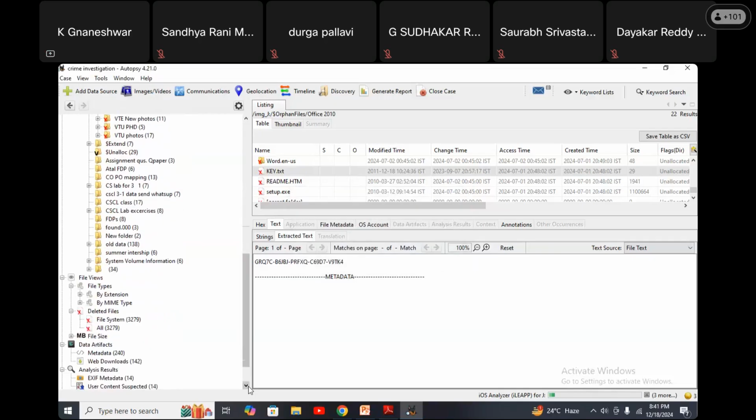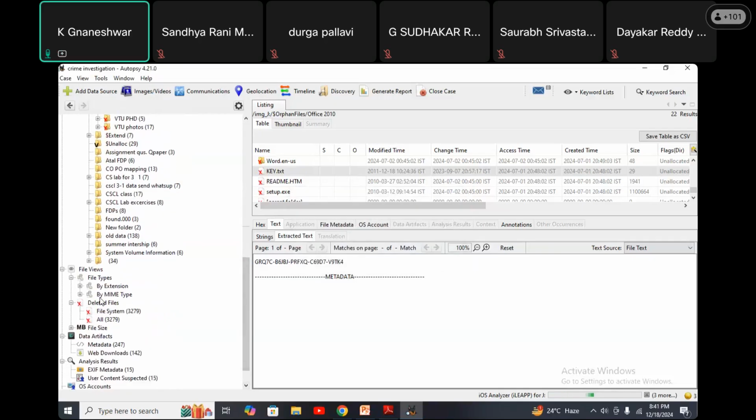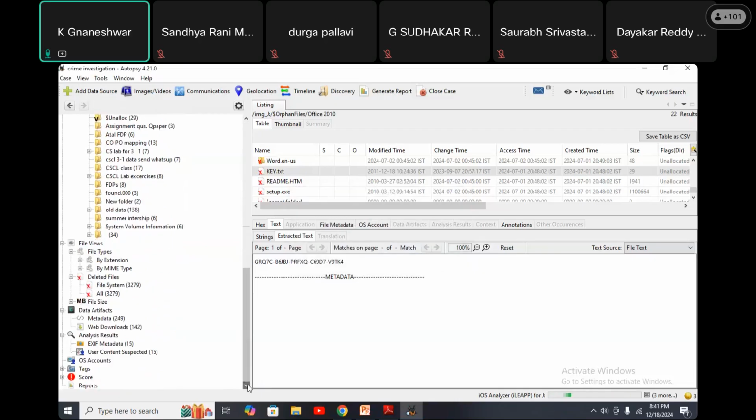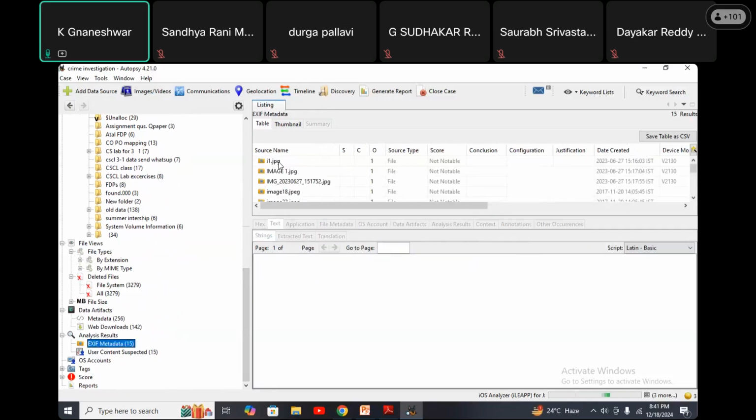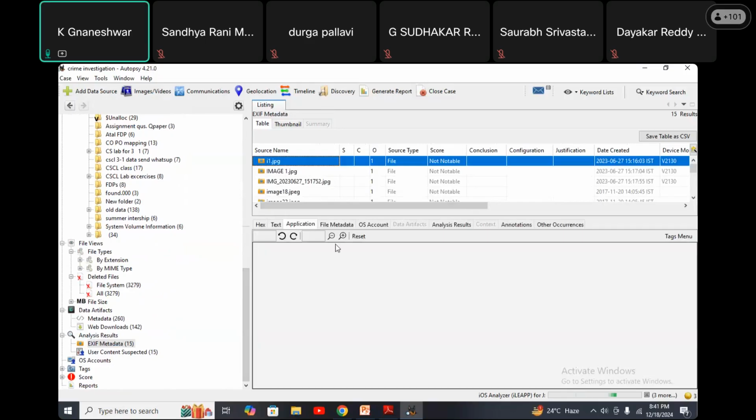Okay, for example, these are deleted files applied and file types applied. The remaining folders, whatever we have in my particular pen drive or host data, the total data is visible, and some EXIF metadata we can also see here. Metadata also, in this, some image file is also there in metadata. The analysis result shows that.